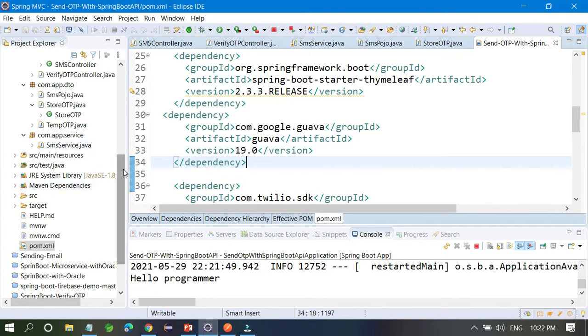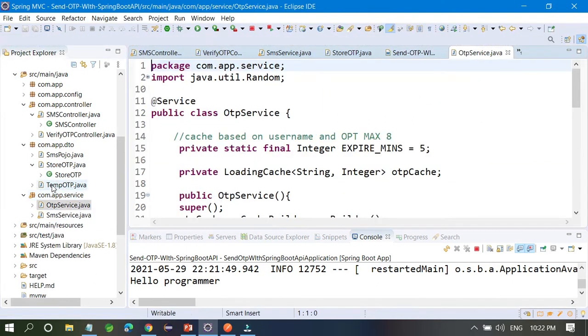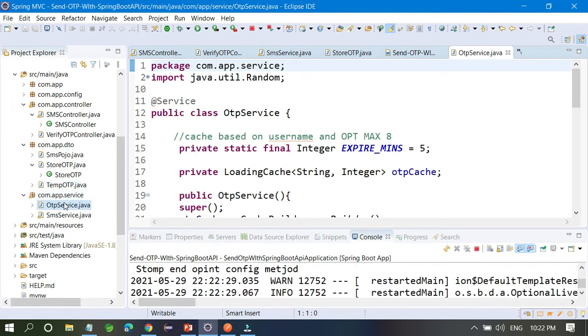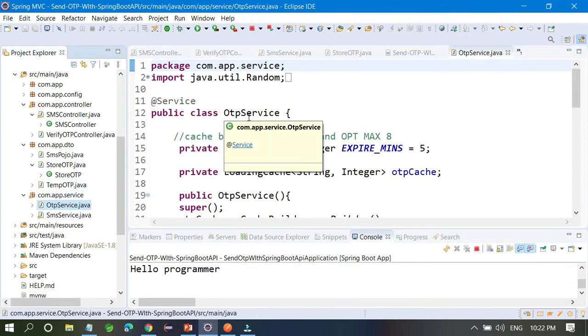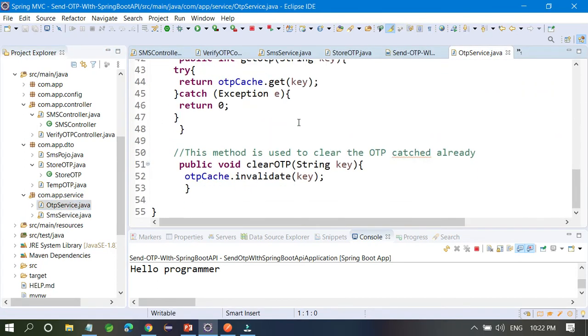I think a service is already created, no problem. You can create one more, or you can put it in this one, it is a service only. Okay, OTP service. So this one is the OTP service class.